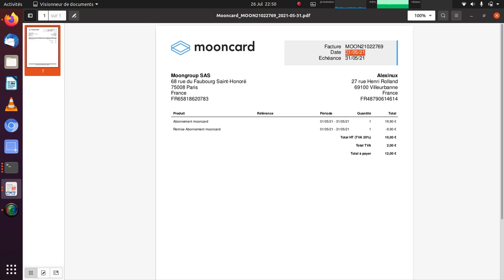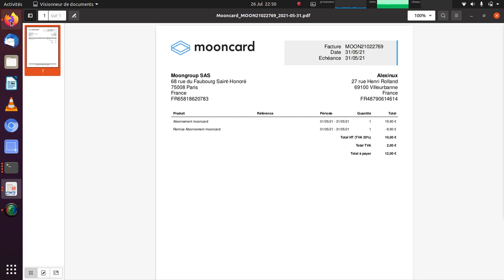So the invoice date, the total without tax, total with tax. It can also import some additional fields such as the invoice number, also the due date. Here it's a subscription, so you have a start date and end date. We can also extract that. So we'll try to extract all this information.